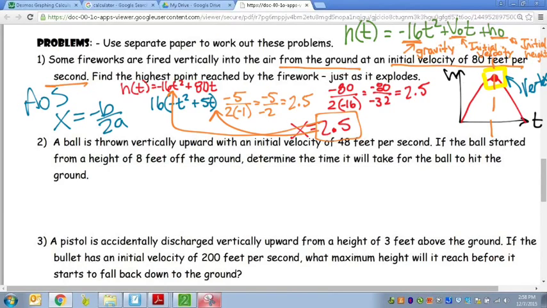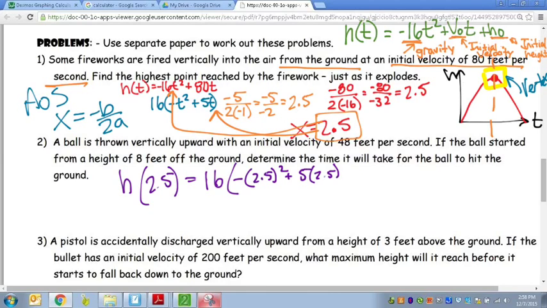And I'm going to continue the work down below number 2 here. I know it's going to be kind of confusing, but I just told you, so hope you're paying attention. Okay, so h of 2.5, because I'm plugging in 2.5, equals, we'll use the bottom one here. So 16 times negative 2 point, whoops, it's actually negative 2.5 squared. That is important, by the way, that I did it that way, 2.5. Okay. So 2.5 squared